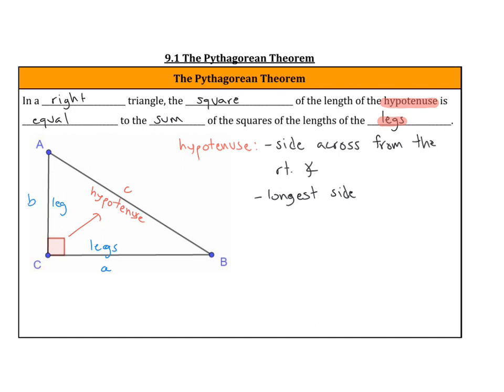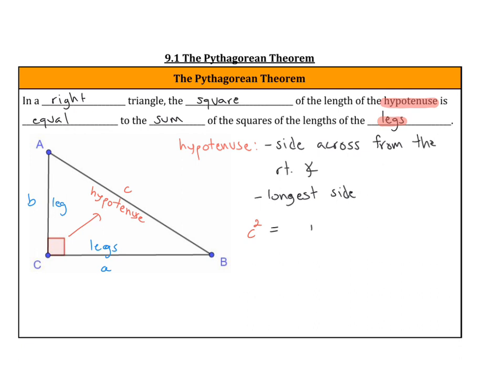So again, keep in mind that these are side lengths. A, B, and C, little a, little b, little c, are supposed to be numbers. So the Pythagorean theorem says this. You have the square of the length of the hypotenuse. So I need to take the length of the hypotenuse, which is little c, and I need to square it. And this is equal to